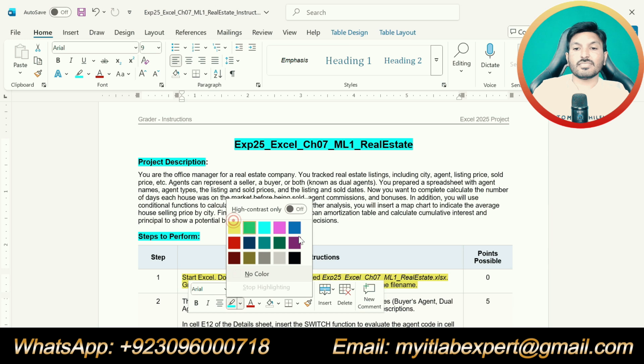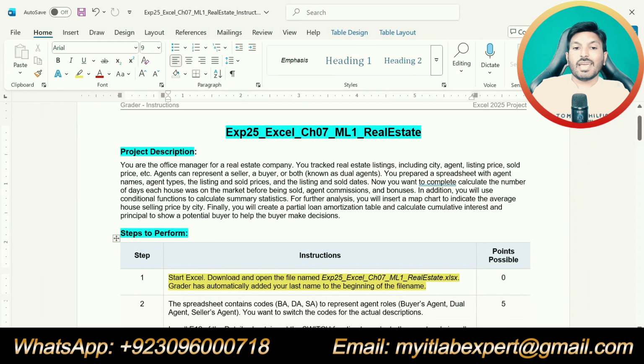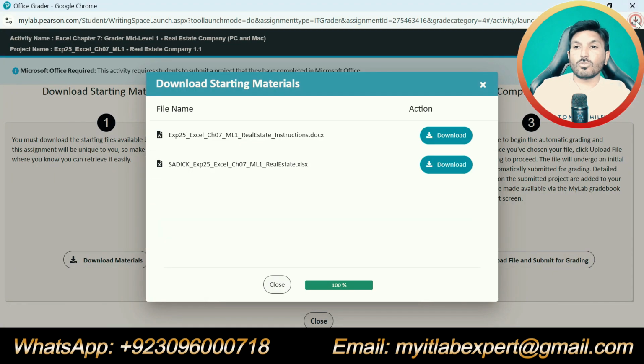Step number 1 is saying: start Excel, download and open the file named EXP25 Excel Chapter 7 Mid-Level 1 Real Estate. Grader has automatically added your last name to the beginning of the file name. I have already downloaded that file.